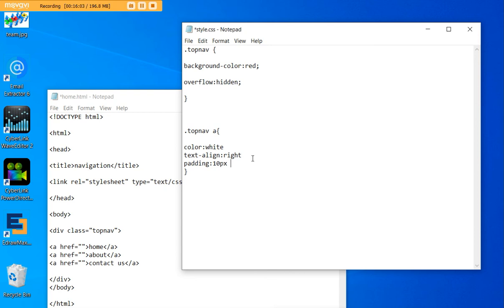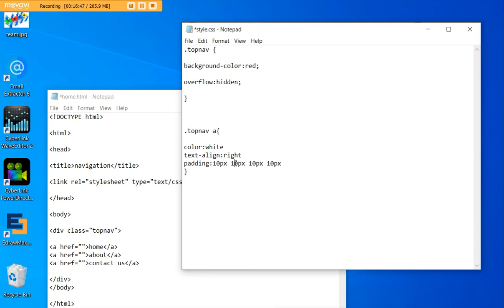But if I write 10px, 10px, 10px, 10px, it's the same thing as writing just 10px. The first is the top, the second is the right, then the third is the bottom, and the fourth is the left. So in this case, let's assume I put for top to be 10. The padding on the top is 10, and then I decide to put for the right the padding to be, let's say,